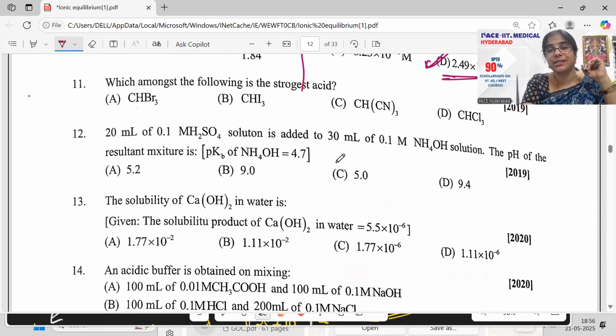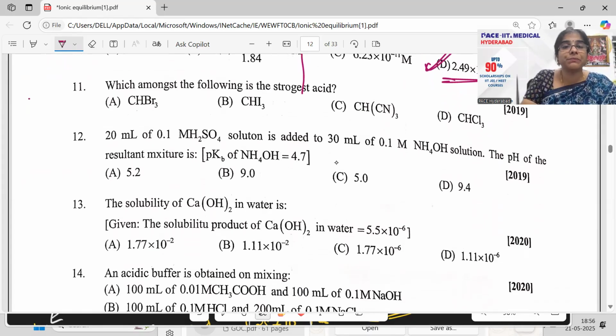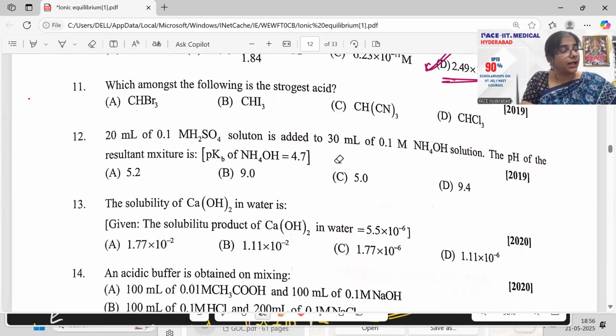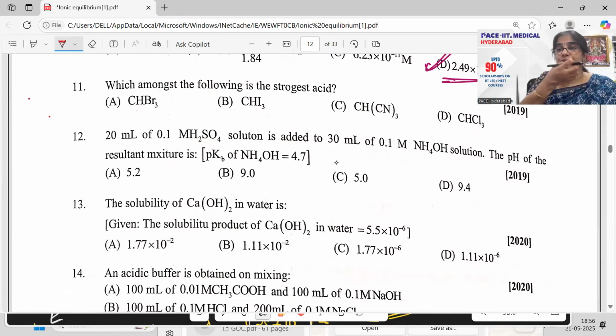Which of the following is the strongest acid? What do you mean by strongest acid? When I talk about the acids part, you can see these cyanides here, right? Cyanides have a better ability to drag the electrons. Cyanides are more electronegative, I would say, as compared to Br, I, Cl, as compared to your halogens. So you have CH(CN)3, three times, which means cyanide here and cyanide. Electronegativity is more for cyanide.